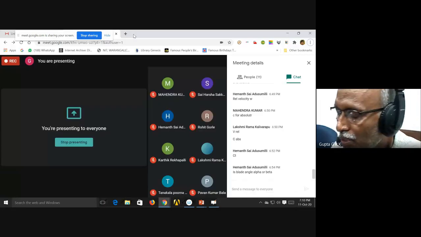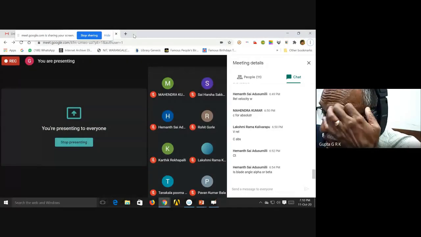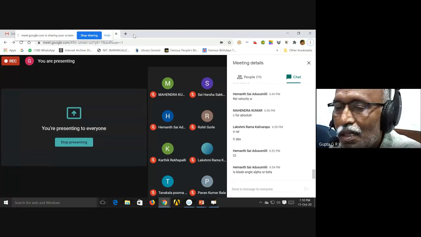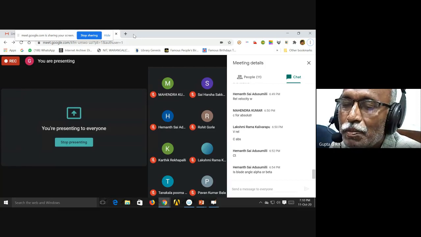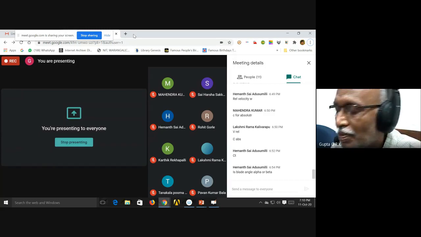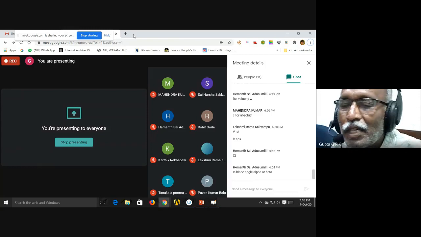Any questions? I am just going like that. The blade angle is usually denoted as beta. That is, the relative velocity angle or blade angle, the normal notation is beta. For the absolute velocity angle we put alpha. Any questions?